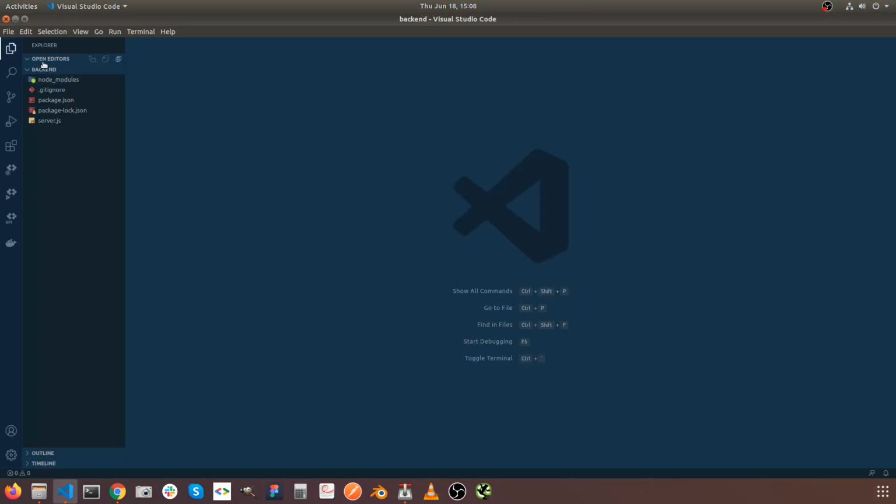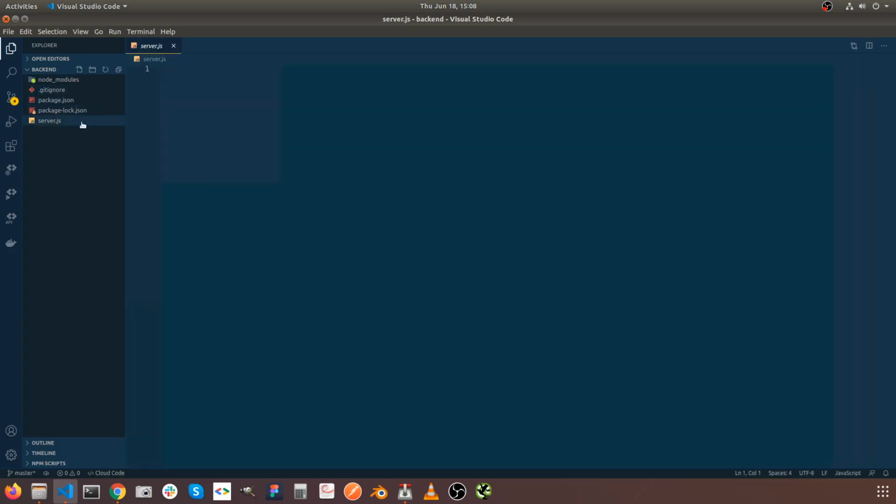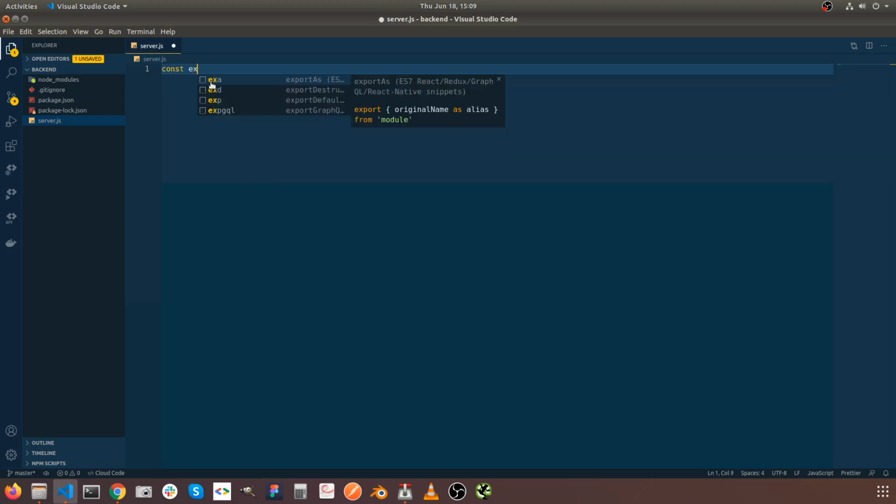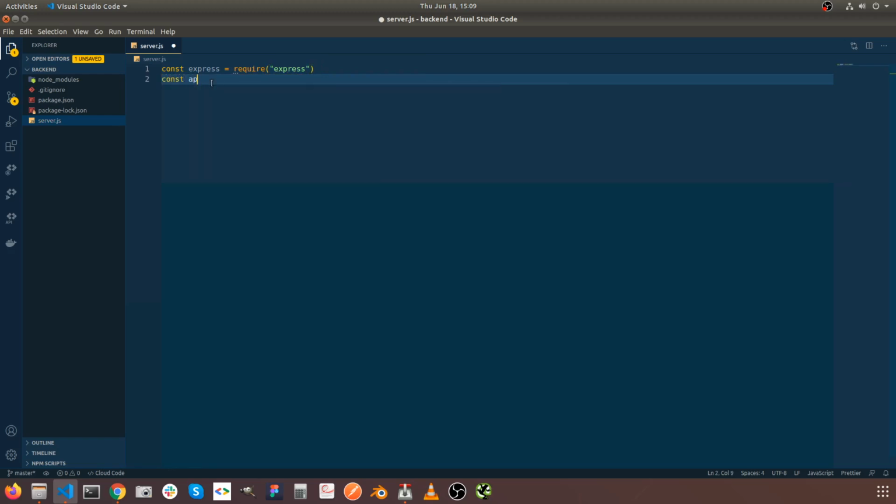Okay, awesome. So now this is our folder. Now in server.js, which is going to contain our server code, I'm going to import Express and initialize an Express application. So what I'm going to do is import Express by requiring Express, and then I'm going to create an app by invoking Express,